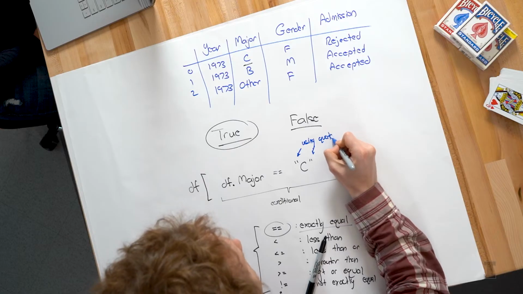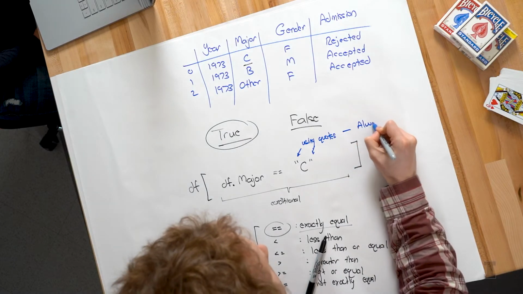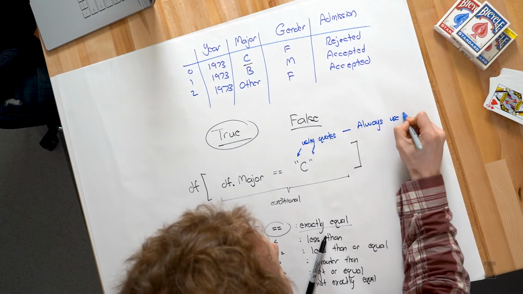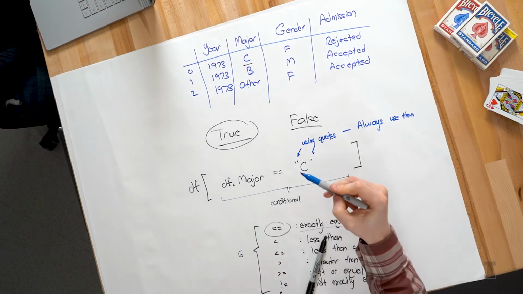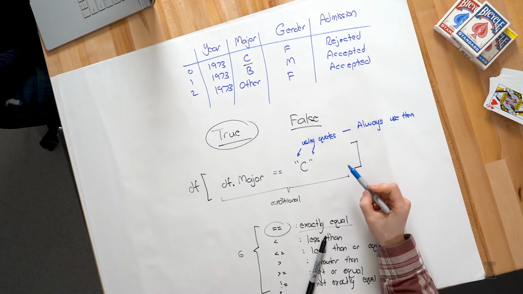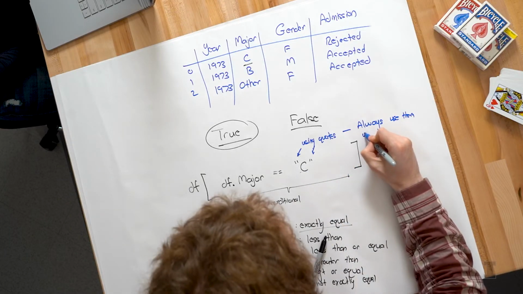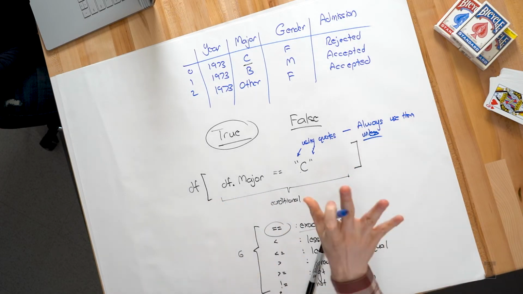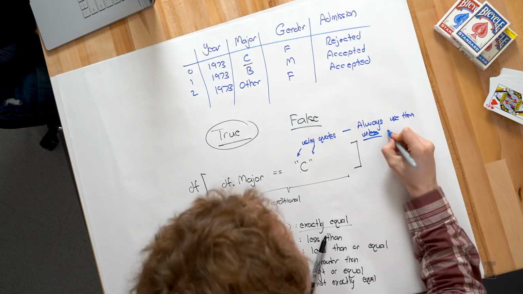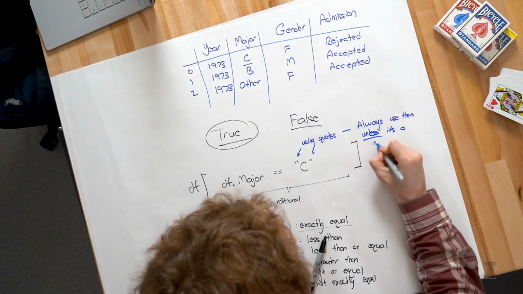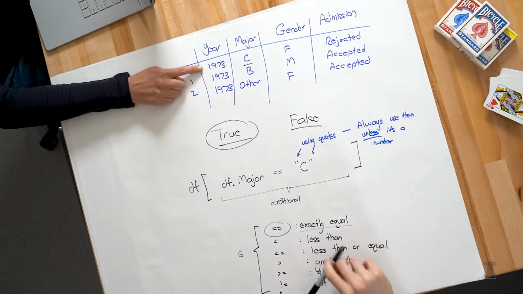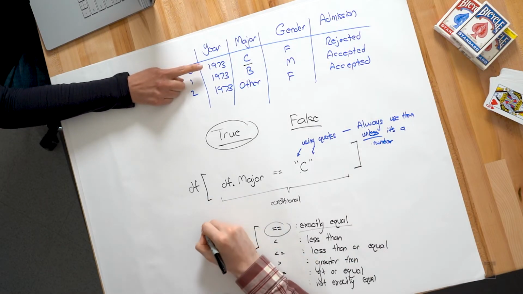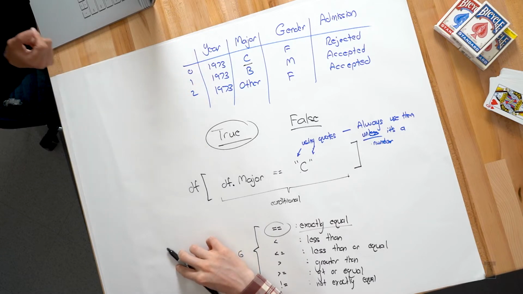And we are always going to use quotes when we're comparing an exact literal string. So if we want it to be exactly equal to something, we're going to always use quotes unless, and there's always an unless when it comes to computer science, unless it's a number. Got it. So if we were checking that the year was equal to 1973, we wouldn't have to use the quotes. That's a great question.